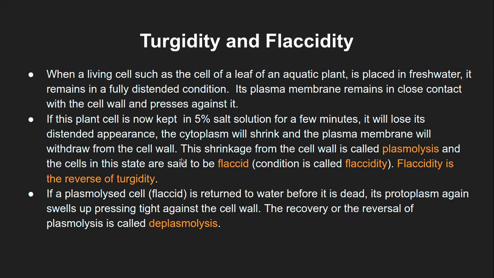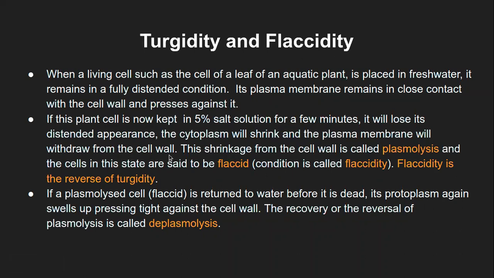So that is again a very obvious thing. The water will start moving from lower concentration of solute to higher concentration of solute, that is from dilute solution to concentrated solution. In this case, we are adding the cell in the 5% salt solution, so that is quite a high concentration outside the cell. So water from inside where the dilute solution is will start moving to the outside of the cell towards this 5% salt solution side, and that will lead to the shrinkage of the cell or shrinkage of the cytoplasm, and the plasma membrane will withdraw from the cell wall.